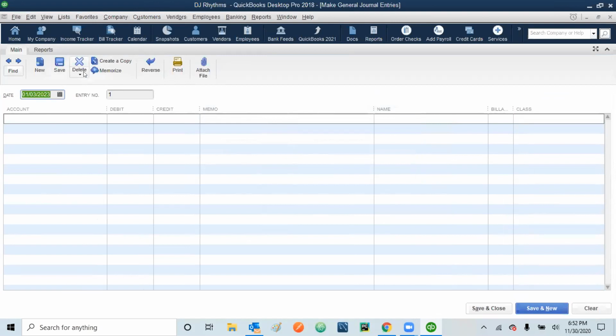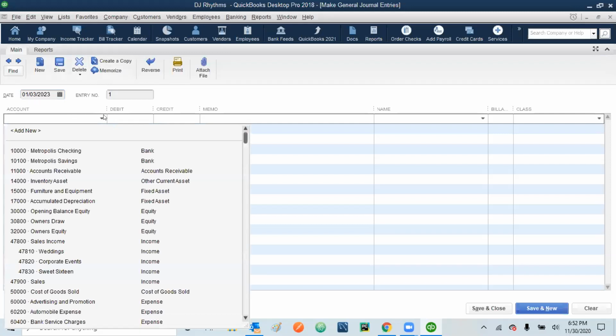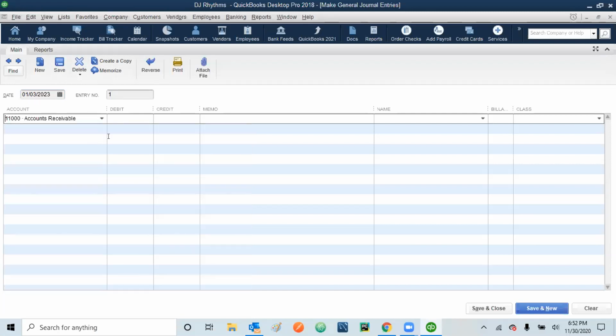So now we are making one entry dated 01/03/23. It's already selected, and then it will be in the account receivable. Select account receivable, which is 11,000, and we are debiting 20,000. And the memo will be total earned R. Wilson.